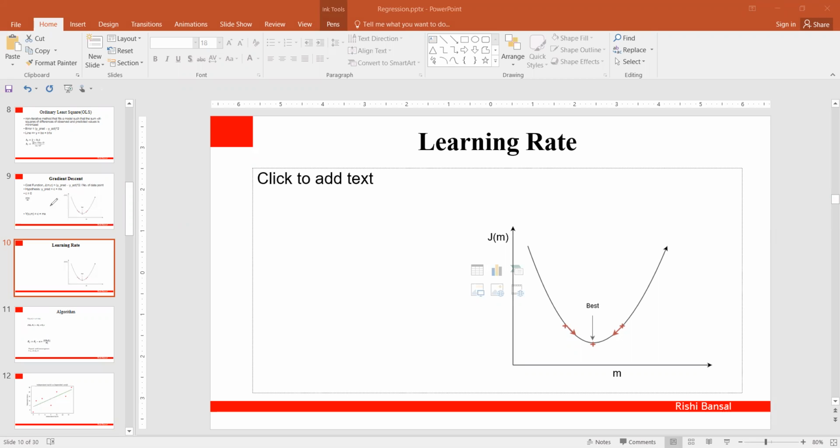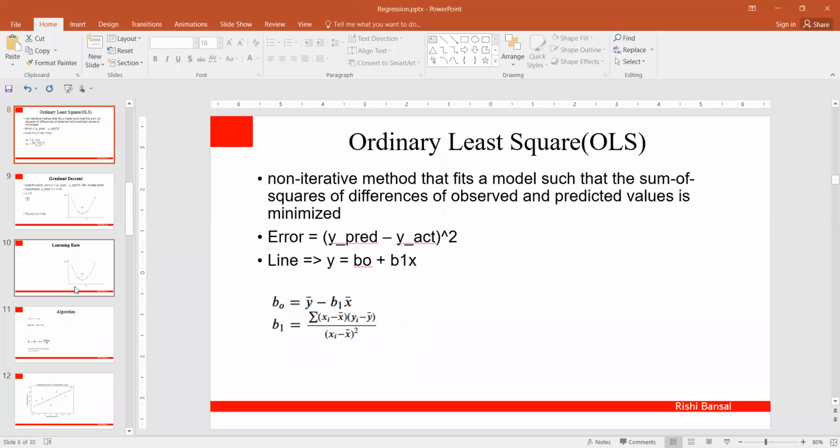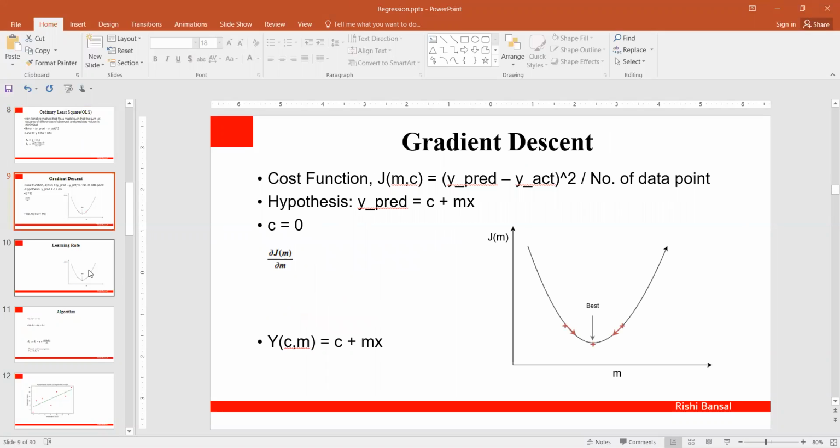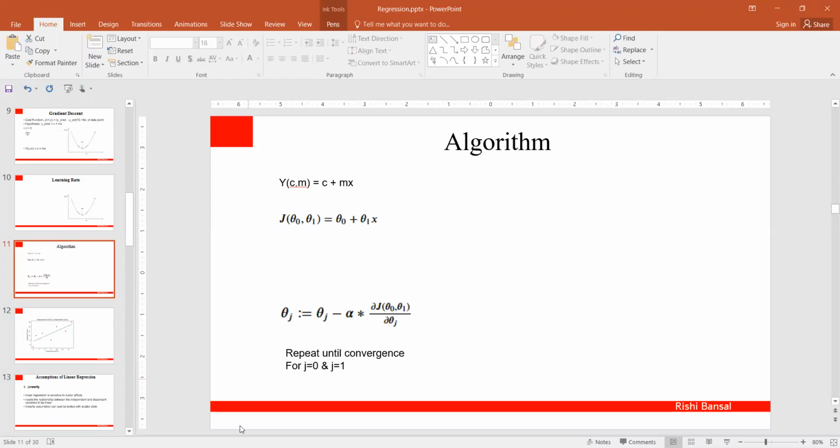Where is my gradient descent? This is the algorithm I explained yesterday, and this one was least square. Actually, in this slide one thing is missing, and this is incorrect. This is not J of theta actually. This is h theta of x. So this is not J of theta.